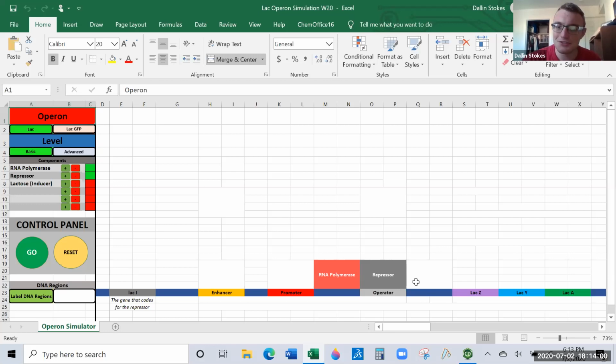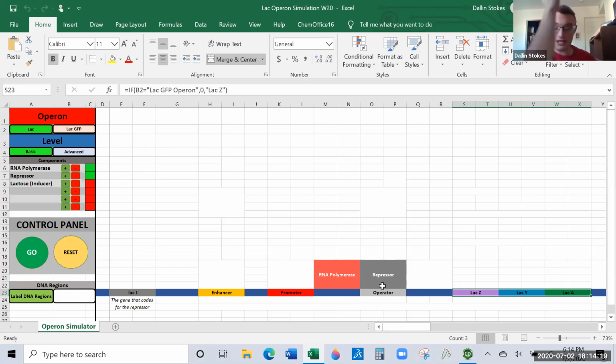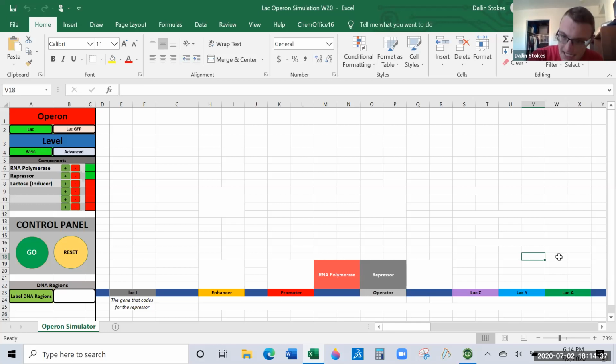So this is the off switch, basically. You might think of it like a light bulb. If these are the light bulbs and RNA polymerase is the electricity, if RNA polymerase is always getting to the light bulbs, then we're going to turn on the light bulbs indefinitely. Now I just cut off the electricity, so I added in a switch that's able to shut off the electricity from accessing the light bulbs, and now the light bulb's not turning on. This state where we're not making proteins, we say that the Lac Operon is being repressed. So when proteins are being made, the operon is activated.